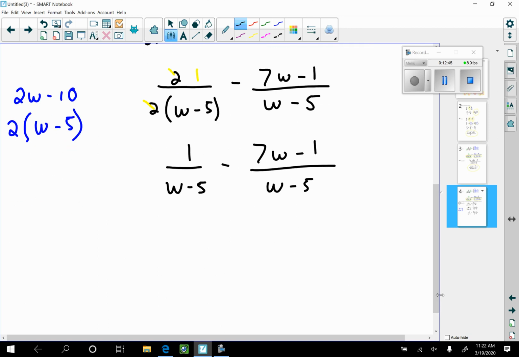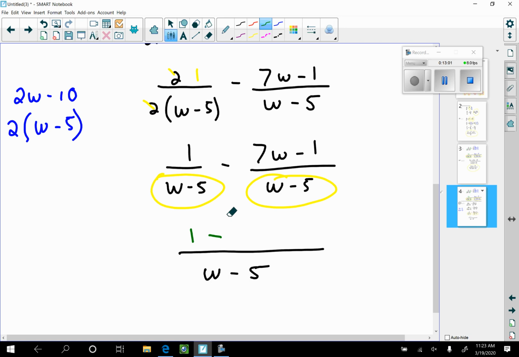And now what am I going to do? I'm going to put this over w minus 5. I have a common denominator. So now I'm going to do the operation on the numerators. And what do I have? I have 1 minus. Here's where you're going to make a mistake. It's 1 minus this whole thing here. So it's 1 minus